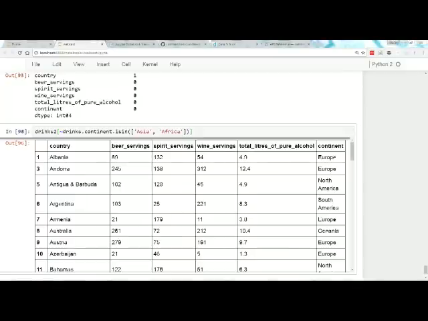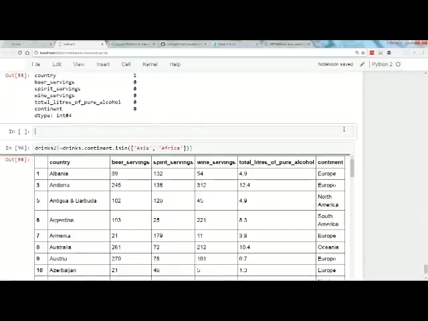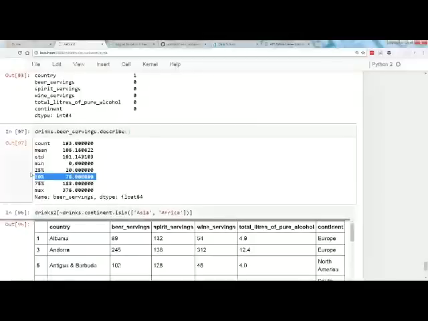From Joe, is there a way to get describe to include mode and median values? Okay, good, easy one, at least for me, but if you're new, of course, it might not be easy. If you say drinks.beer.servings.describe, it tells you the median. That's what this 50th percentile means. These are the percentiles. This is your 5-number summary: your min, your max, your median, your 25th percentile, your 75th percentile. And so there's your median, okay?